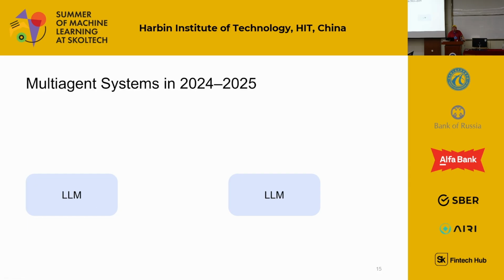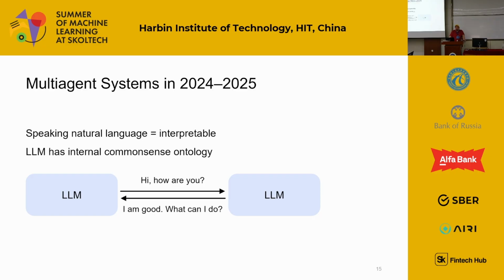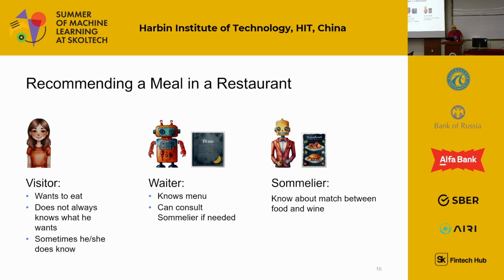What has changed since then? Nowadays we have LLMs. LLMs, first of all, can communicate in natural language. We don't need specific languages to represent knowledge in communication. And they have some kind of internal ontology because they have been trained on more or less the same corpuses of text. They know things about the real world. We don't need to explain things to them. So that's why it becomes much easier to build multi-agent systems, and that's why nowadays there is a kind of renaissance of that theory which was invented in the mid-90s.